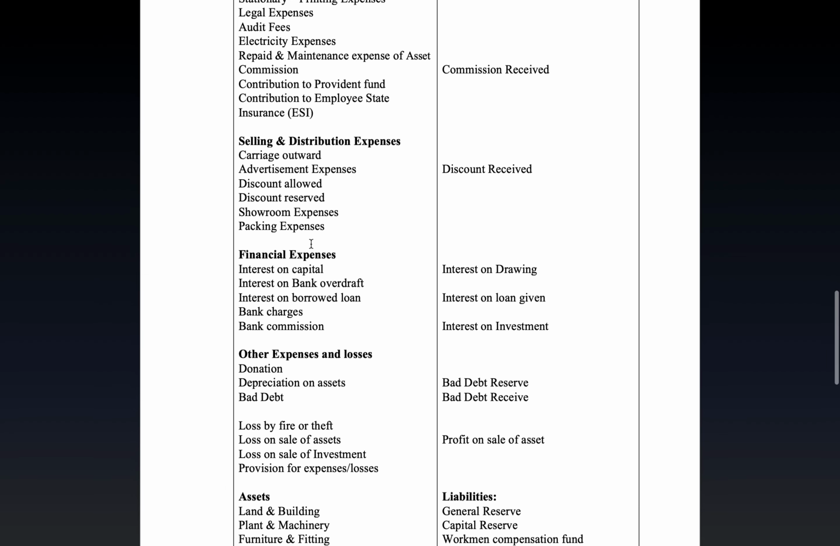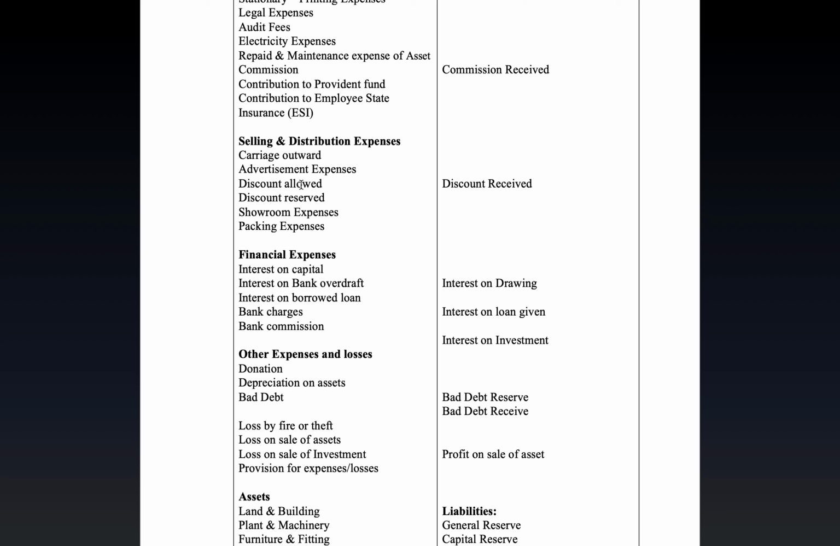Till here you can see there are total 4 headings: selling and distribution expense, financial expense, other expense and losses. So let's see. Carriage outward, advertisement expense, discount allowed, discount reserve, showroom expense, packing expense. Here just for making you understand, discount allowed becomes our expense, and discount if we are receiving it becomes income, so it comes to the credit